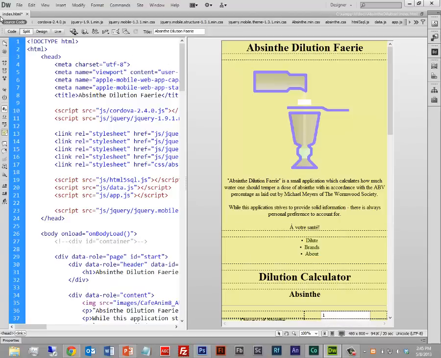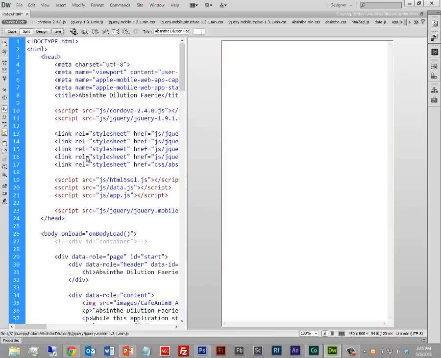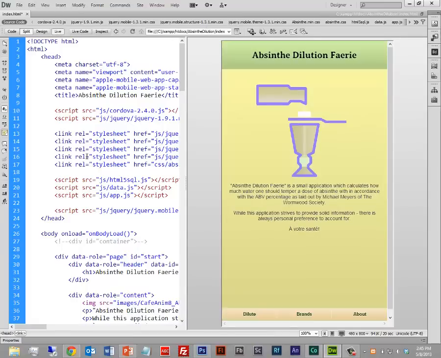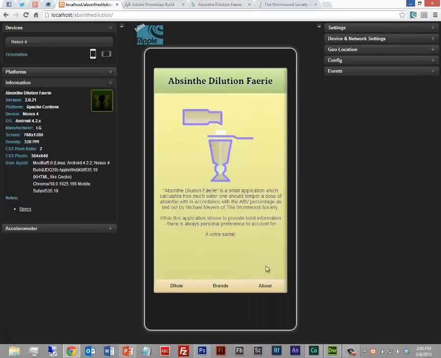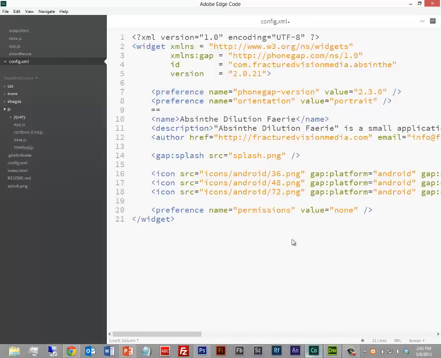But where it really comes into play is when you also toggle live mode on here, because then it'll actually render all that JavaScript for you, just like it would in the browser. So we'd actually be able to click throughout the application and test it in this way. Once everything's laid out nice, I can take this and go into Edge Code. And this is just Edge Code Preview 3, so it's the latest one that's available right now up on Creative Cloud. And within Edge Code, you can see I've got my configuration file open here.